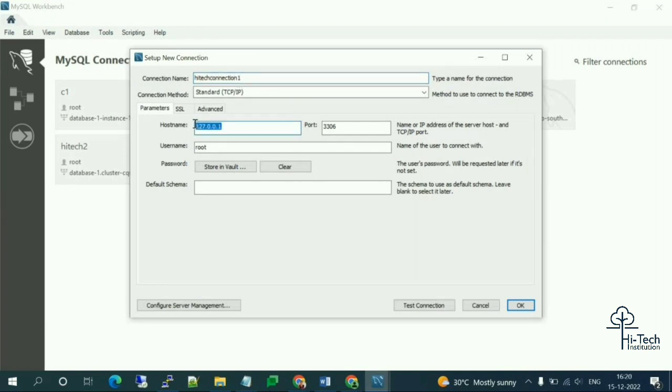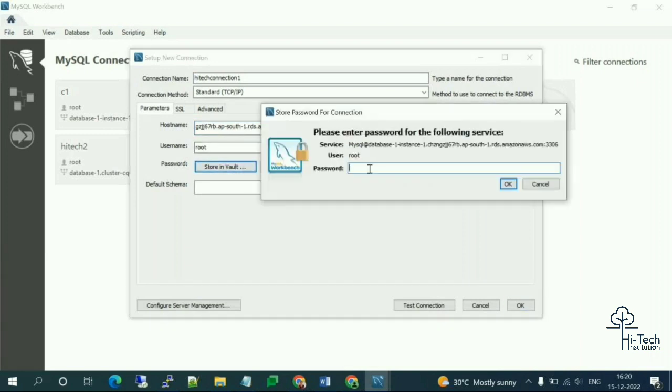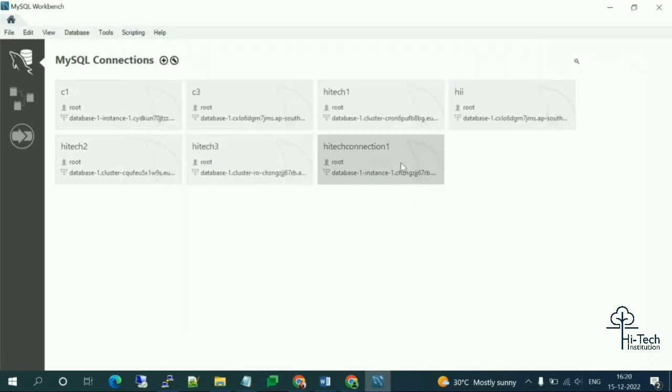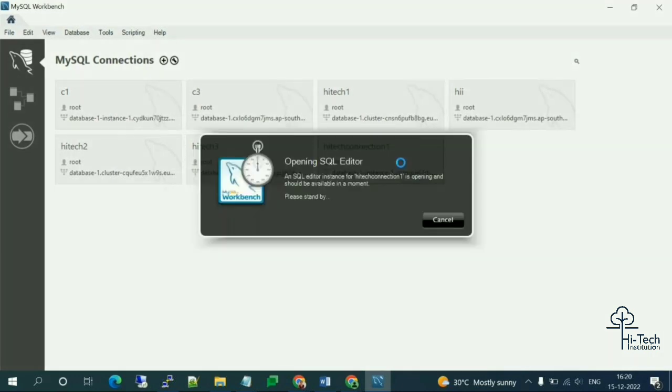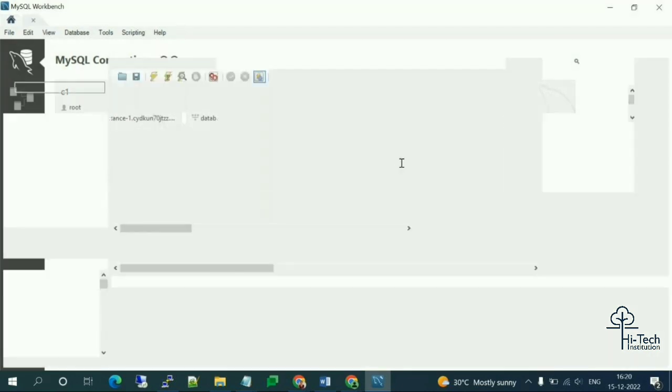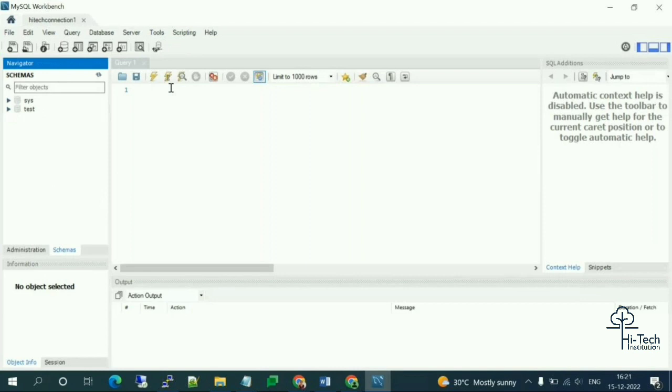This is the host name, which is default; now I'm going to paste my endpoint. This is my username, and I'm going to enter my password. Then I'm going to connect. Yeah, successfully connected. Inside the database we have a test database, because we already created the test database